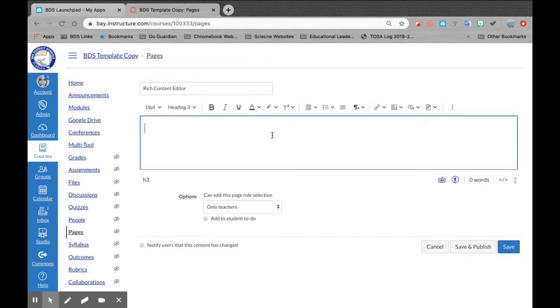You can type or copy and paste text into the new Rich Content Editor. After the text has been added to the Rich Content Editor, you can format your text. So you can see from the example that I can highlight and use the tools to adjust the font size, to format the text style, to add text emphasis, adjust the text color and the text background,